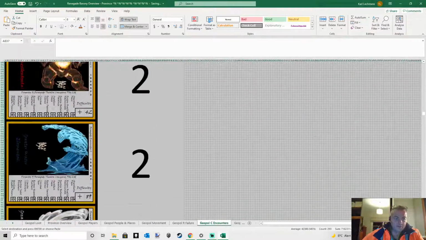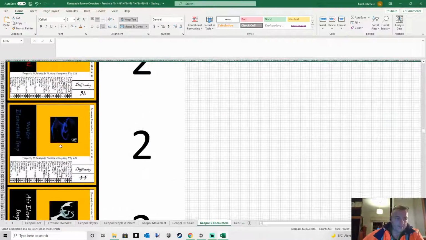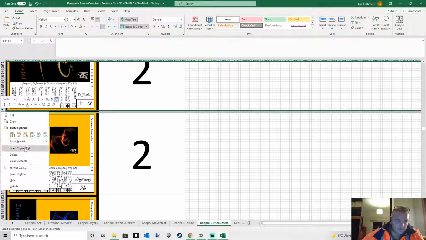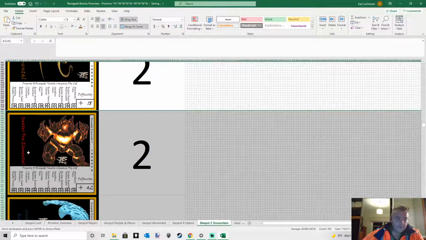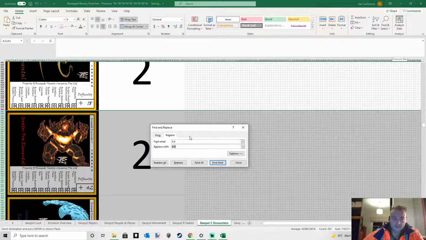Alright, so we're grabbing those for copying, and then I'm going to insert, and may as well do a replace greater with, replace all.